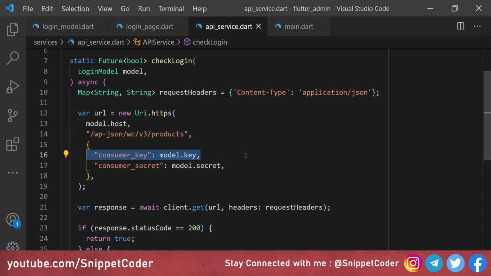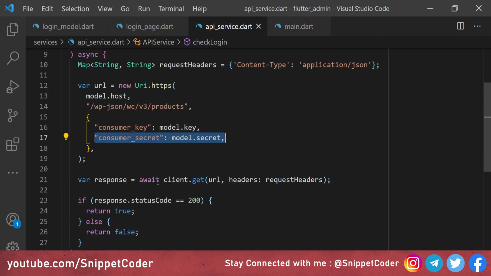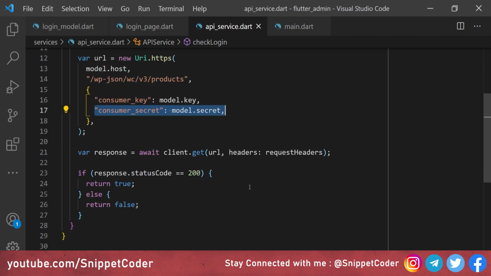Then we are putting the consumer key and the consumer secret as a query string. Then we are calling client.getRequest to the server, and we are passing the URL. Then we are passing the request header. Then we are checking if the response status code is 200, that means the request is successfully done. Then we are returning true, and in the else condition we are returning false.